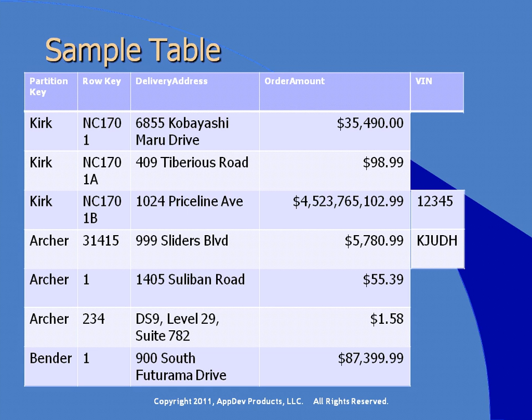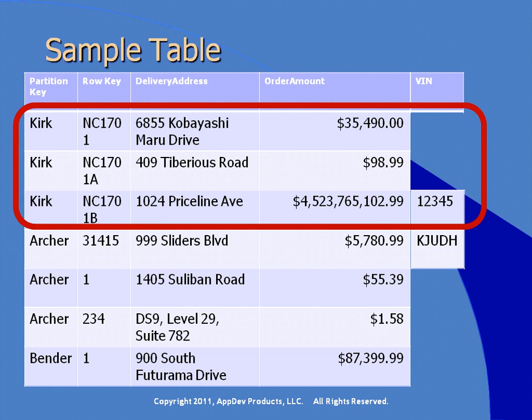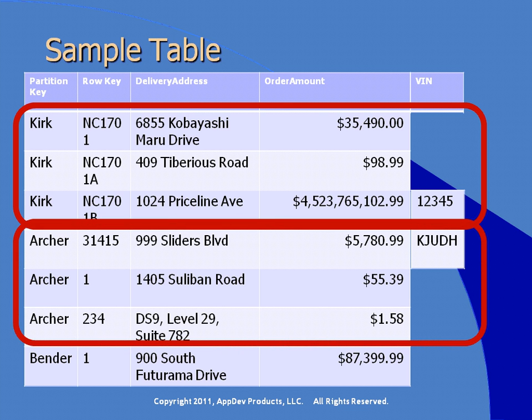Here's a sample table that has three partition keys. Partition key 1 is partitioned by Kirk. Partition key 2 is partitioned by Archer. And partition key 3 is partitioned by Bender. And notice, though, that within the same partition key, you have different schemas. For example, one of the Kirk partition keys has a VIN number, while the others do not. And one of the Archer partition keys has a VIN number, while the others do not. Again, this allows the flexibility to partition and scale and provide the highly structured storage within a